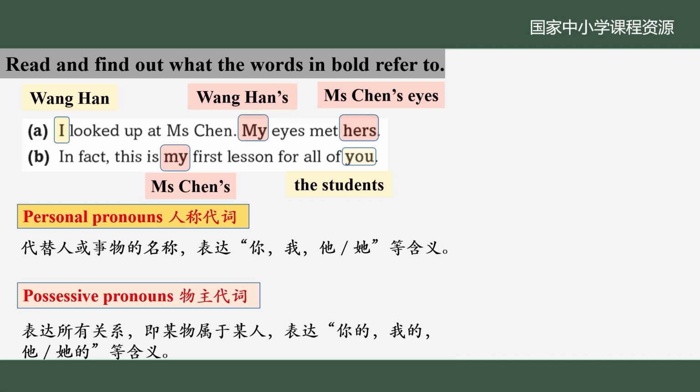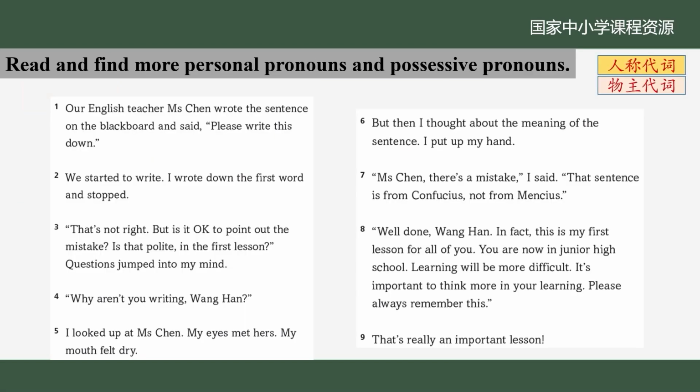物主代词表达所有关系，即某物属于某人，表达你的、我的、他的等含义。My 和 first lesson 都属于我的。My 起形容词作用，做形容词性物主代词，用在名词前。而 hers 是名词性物主代词，为避免重复使用名词，用 hers 代替 Miss Chen's eyes。因此，名词性物主代词等于形容词性物主代词加名词。